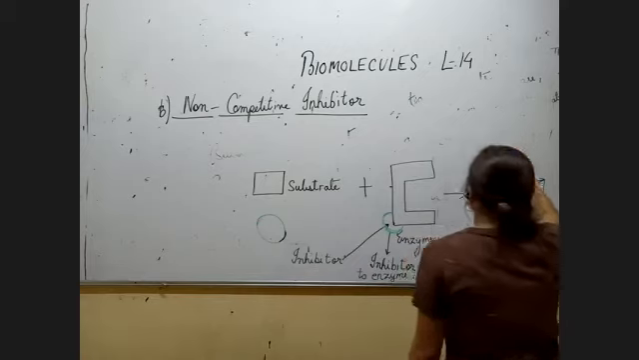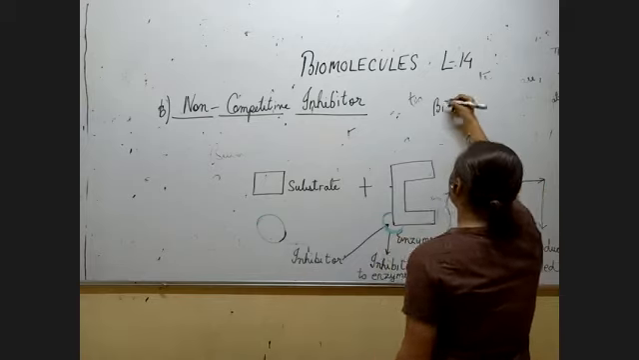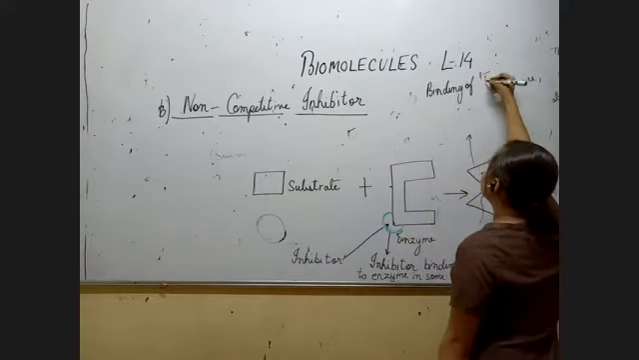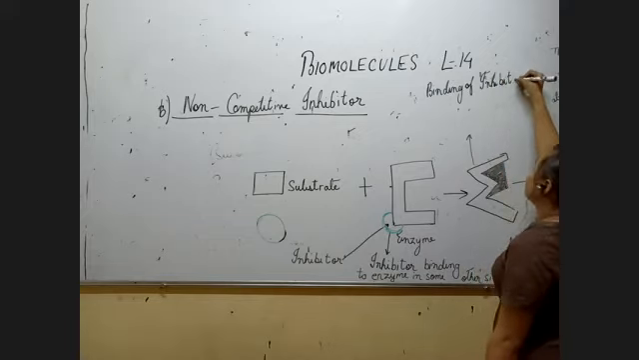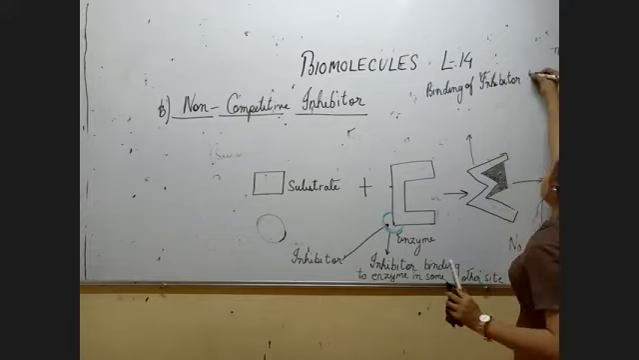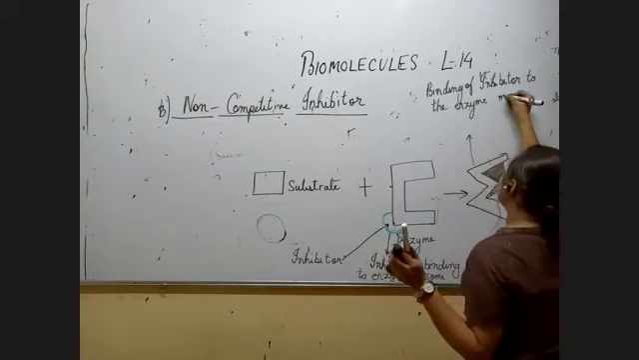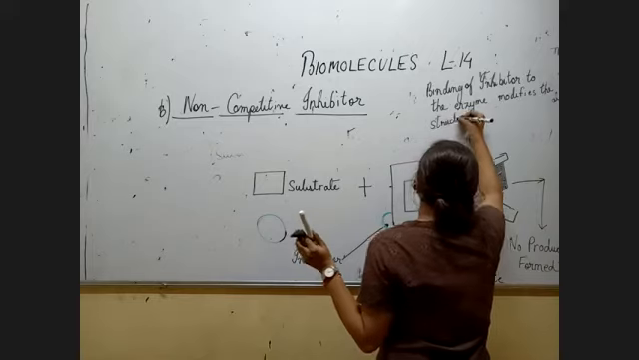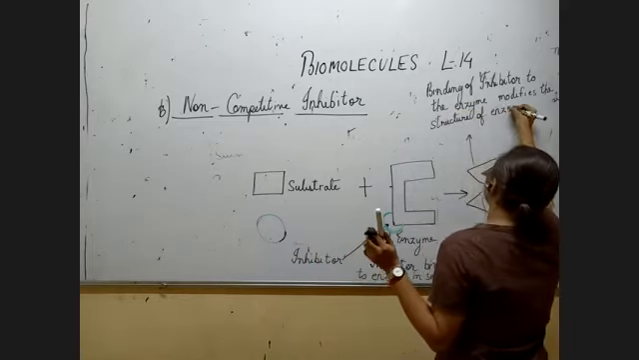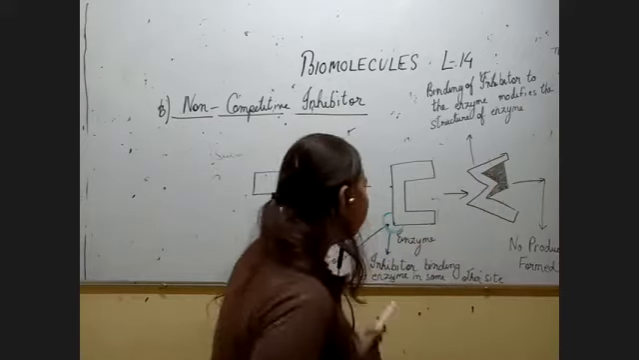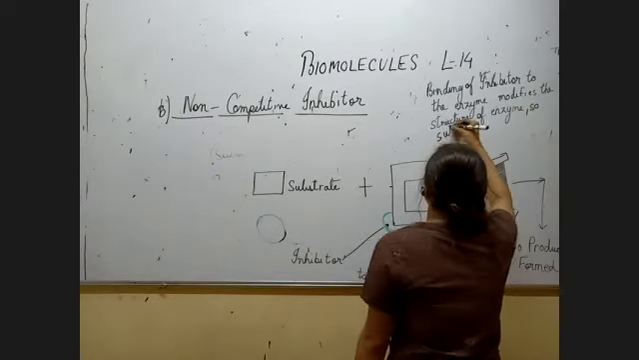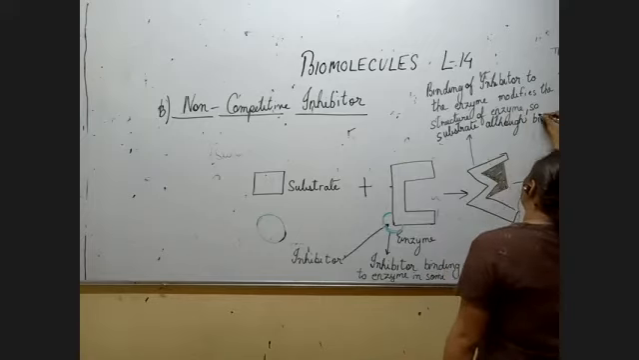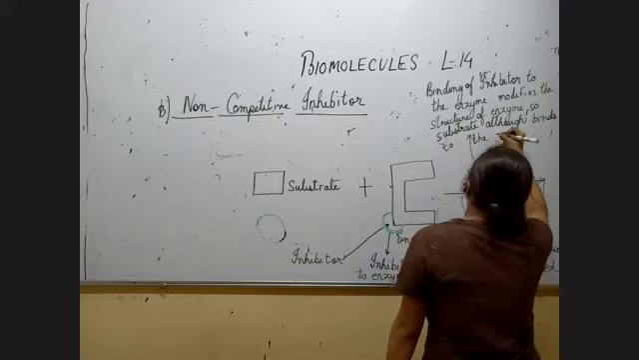Write below the diagram: binding of inhibitor to the enzyme modifies the structure of the enzyme, so the substrate, although binds to the enzyme, cannot